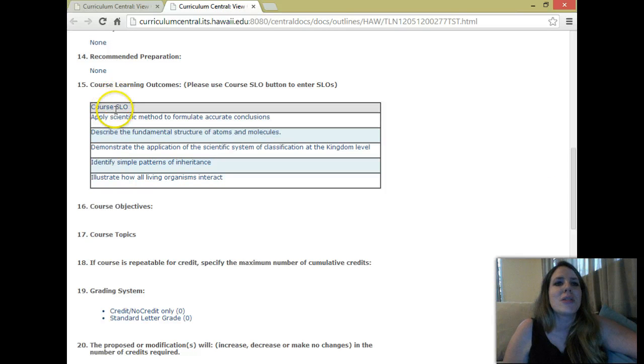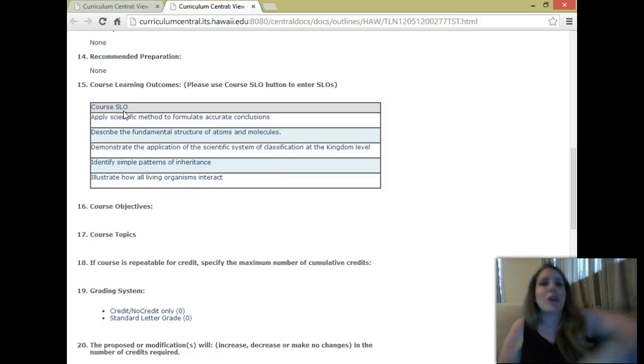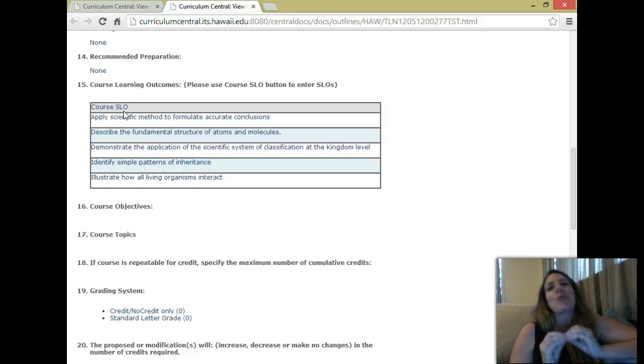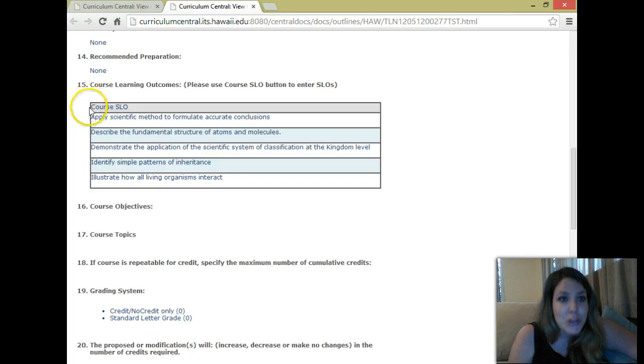Now, as you scroll down, you'll see all sorts of information, but then you get to a box here. Now, this says course SLOs, which were student learning outcomes. Now we're calling them course learning outcomes because if you think about it, all outcomes are student learning outcomes, even the institutional ones. But we want to get down to the course level, which is why we're going to call them CLOs, course learning outcomes. Now notice that there are 5 outcomes for this course. I'd say that's too many, so I would like to break them down to 3 or 4. They do use Bloom's taxonomy: apply, describe, demonstrate, identify, illustrate. So these are good. And I'm going to try to create an assessment that would tackle all of these outcomes at once.